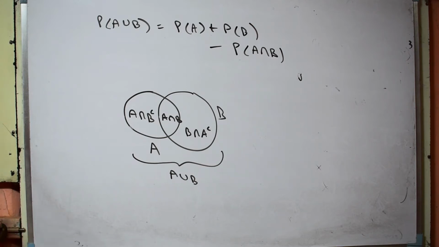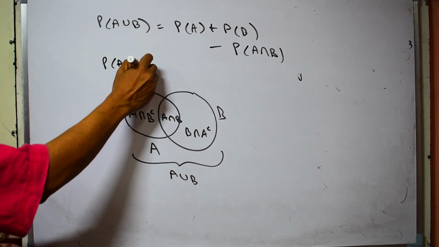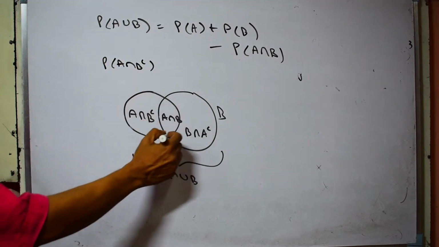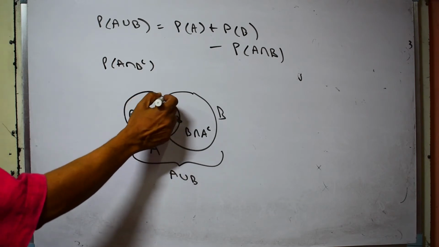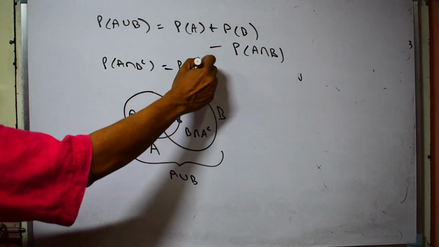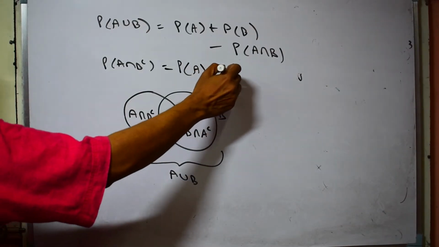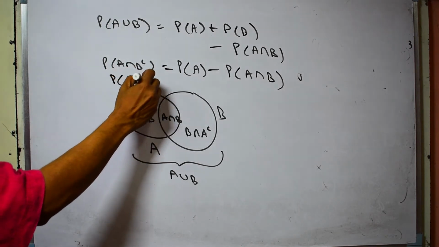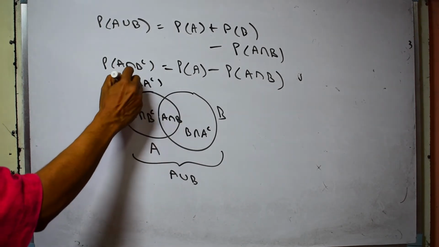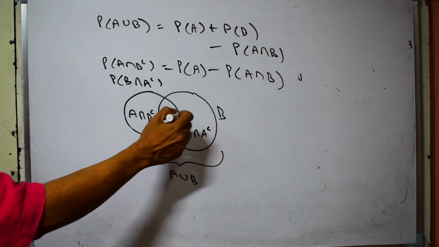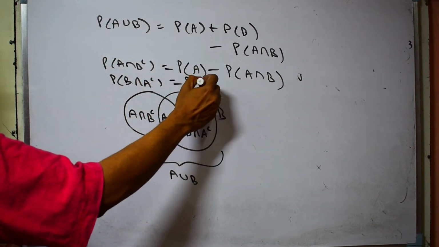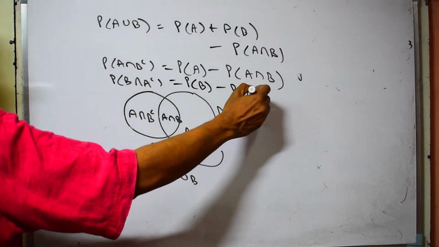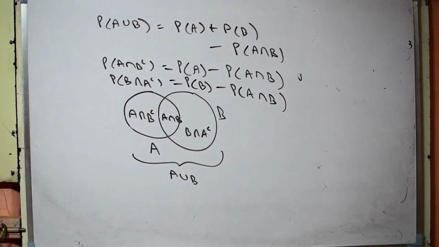The next formula we get from here is P A intersection B complement. That means not the whole portion of A, but the portion of A excluding B. That means P A not B. We can have the formula P A minus P A intersection B. Then we have another formula P B intersection A complement. That means only B will happen, A will not happen. Here we can have the formula probability of B minus probability of A intersection B. So we have three types of formulas for P A union B, P A intersection B complement, and